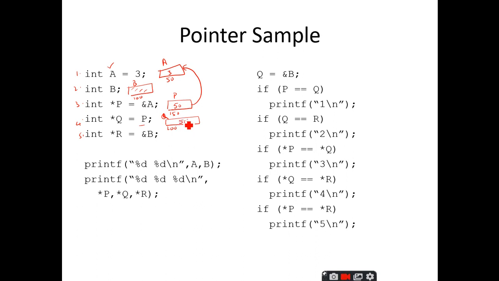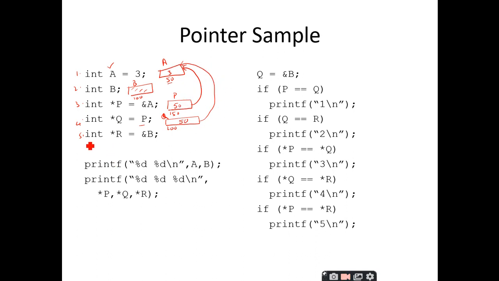So when I assign 50 to this q, since it is a pointer, you make it point to this location, the 50th location, not to a. Of course a is located at 50 only, but you should always say it in terms of addresses. So at this fourth statement we have two pointers p and q pointing to a.